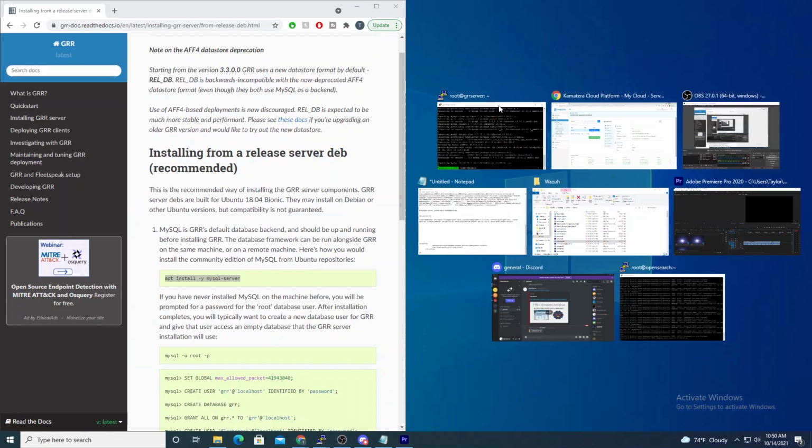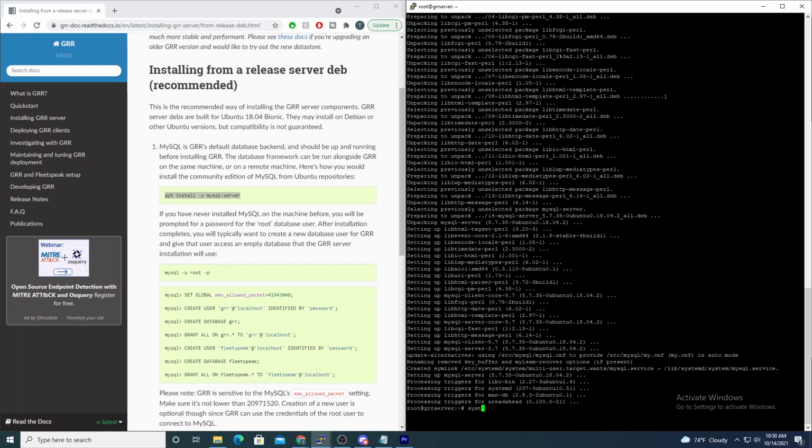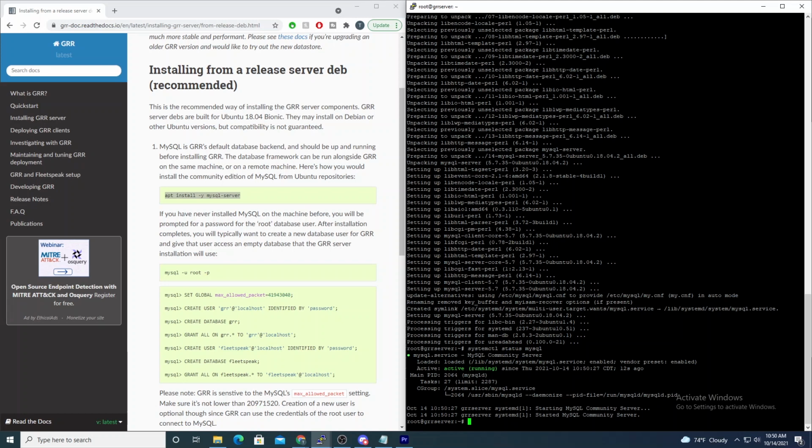And let me throw this off to the side while that's going on in the background there. All right, and now that that's installed, we should see that it's running. And okay, good. The service is running, so that looks good. So now we can interact with our MySQL server and create the databases that are required